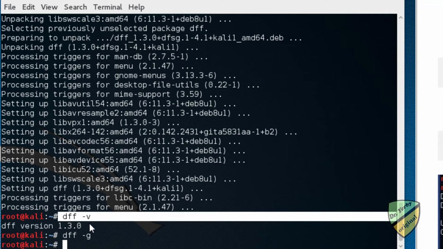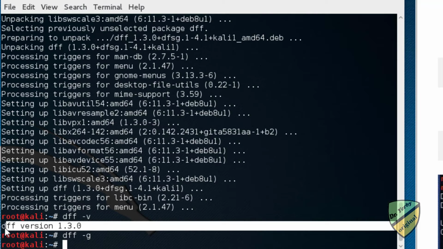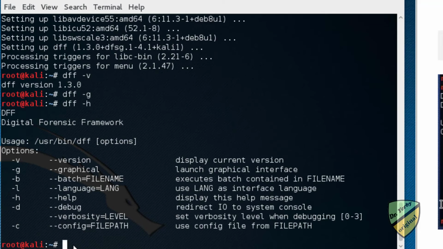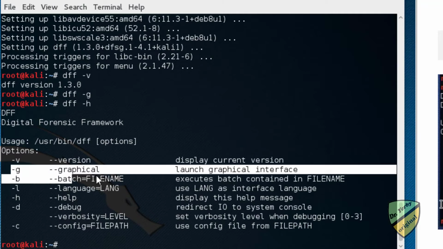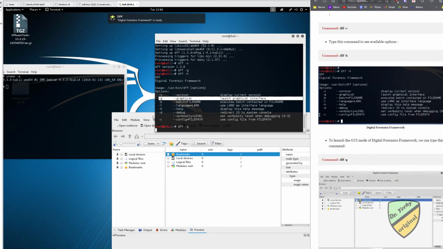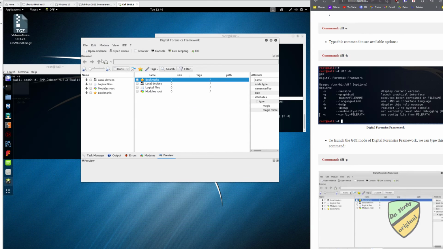We can run dff -v, and it will tell us what version we're running. To my knowledge, I believe that was the last version that was available. If we run dff -h, that will tell us all the different options that are available. The one that I want to go to is launching the graphical user interface. So I'm going to say dff -g, and once I do that, I'm able to launch the graphical user interface,